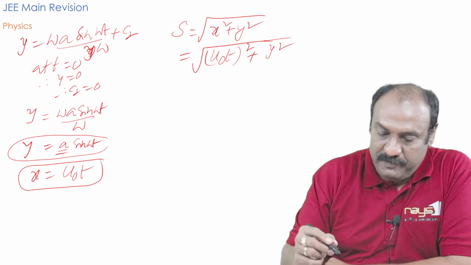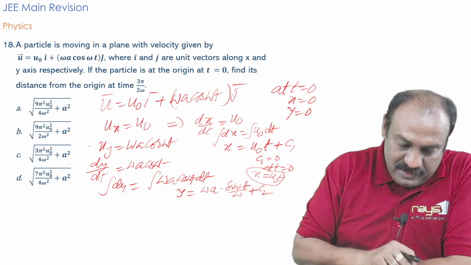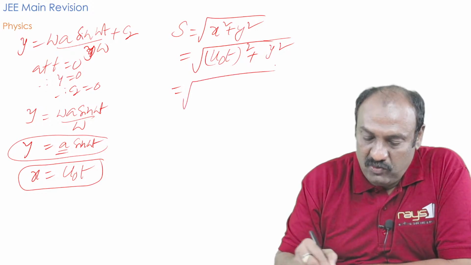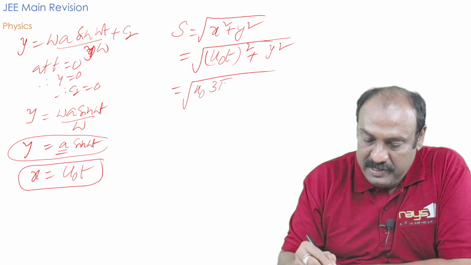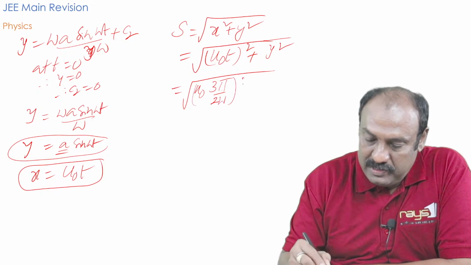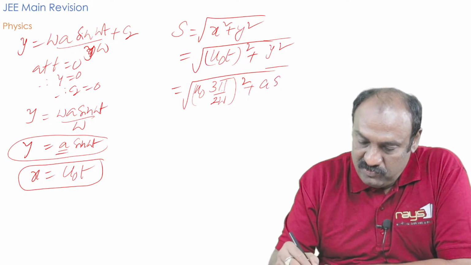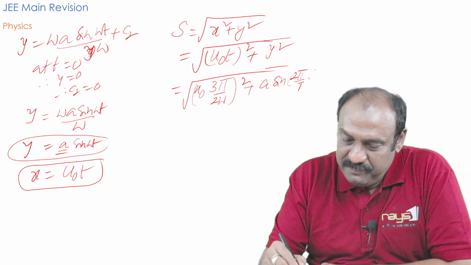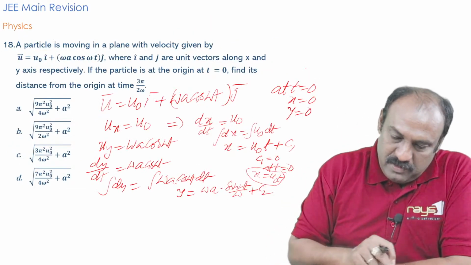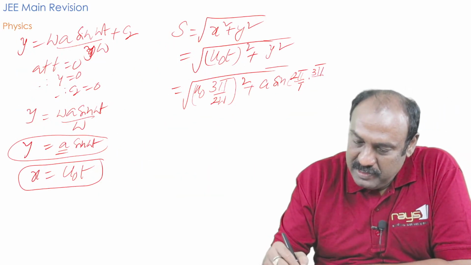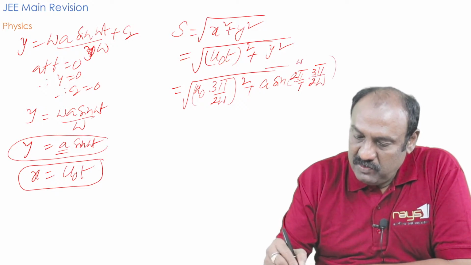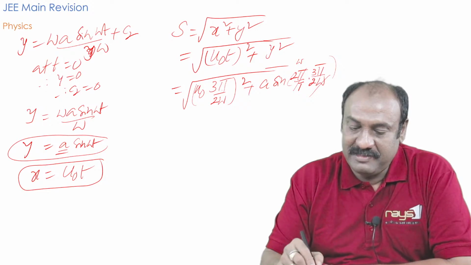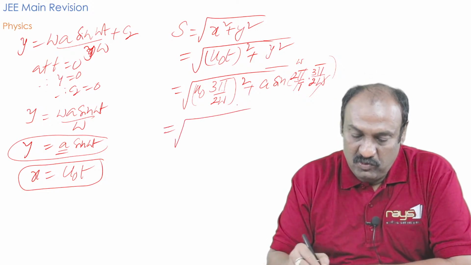So, for maximum displacement, at t equal to 3 pi by 2 omega, the value of time given here, you substitute the t value as the square root of (u naught into 3 pi by 2 omega) whole square plus the y value as a into sine of (2 pi by T) into t, which is 3 pi by 2 omega. This omega gets cancelled, 2 gets cancelled, 3 pi, sin 3 pi is minus 1, so therefore it is root of 9